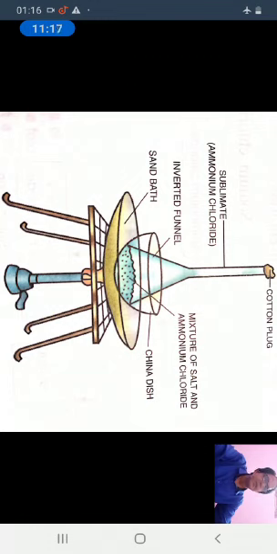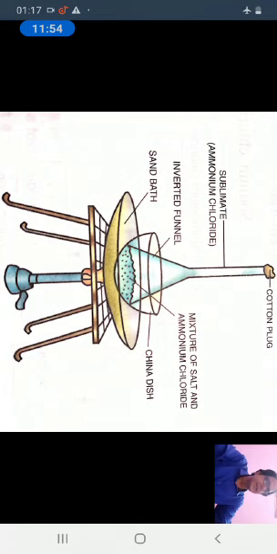Now suppose we have the mixture of stones, ammonium chloride and sodium chloride. So what will be the first step? First we will pass the mixture through a sieve. So stone will be left as residue on the sieve. Then the other mixture will be sodium chloride and ammonium chloride.